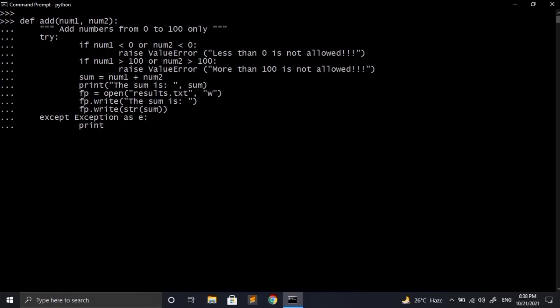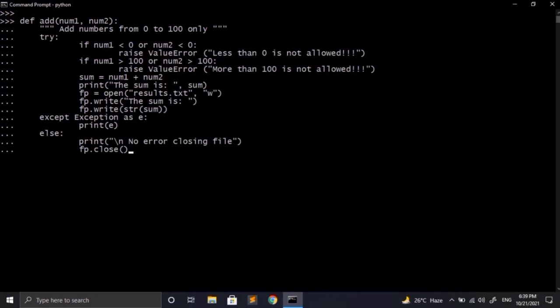After doing this, I will be creating the else block. In that I will be writing a message, and after that I will be closing the file using the file object. So someone might have a question: why am I closing my file in the else block and not in the finally block? We know that our file will be opened in the try block when there is no error, but if some error is there then our file won't be opened because the except block will handle all the exceptions.